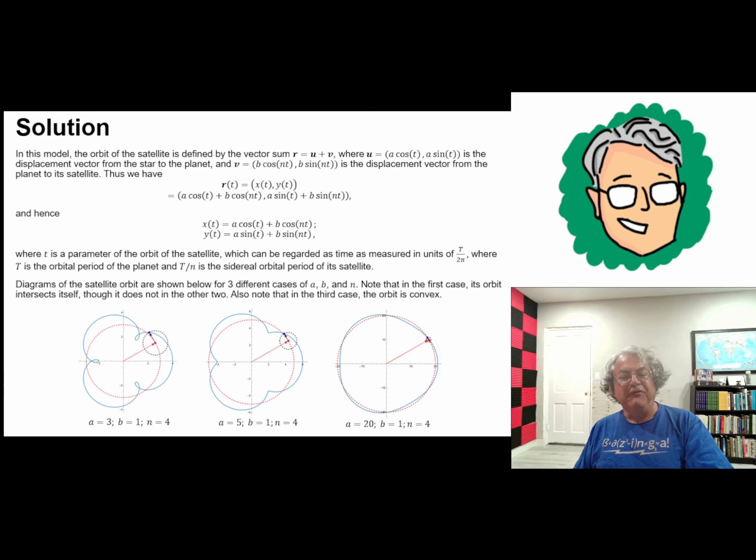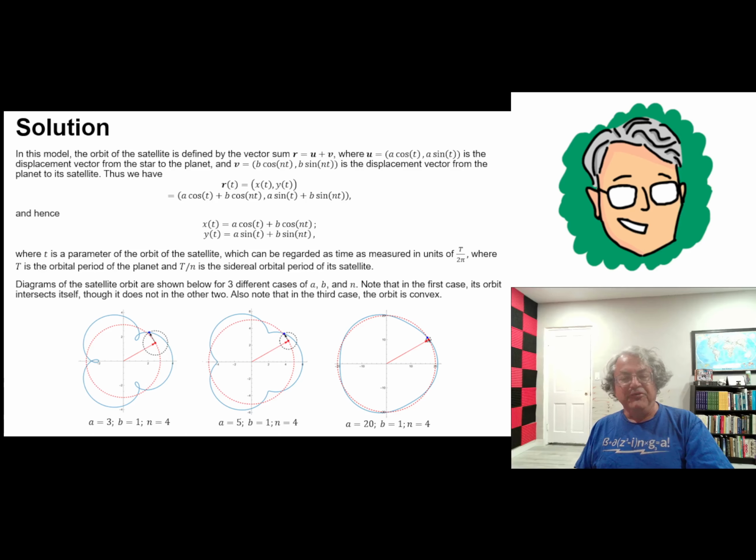And then v is similar. There's a similar equation for v. V is the displacement of the satellite from its mother planet, and the radius of that orbit is b. And again, since the satellite completes n orbits in the time the planet completes one,